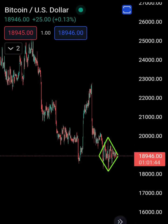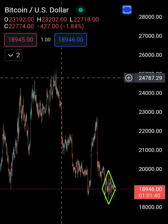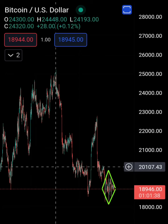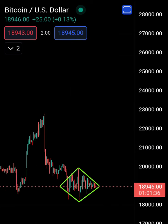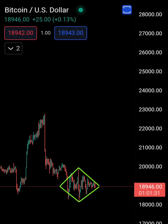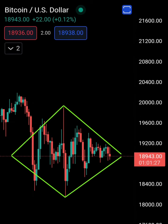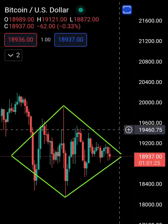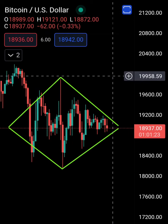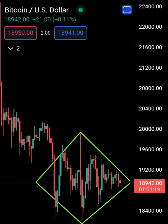You can see it if you go on the chart in any time frame. You can see it over here, up, down, almost perfectly. So I would expect a pump up to the highs. I don't think we're going to get to 22,700. I would think we could come up to this high, the FOMC wick, or even the 2100, or even